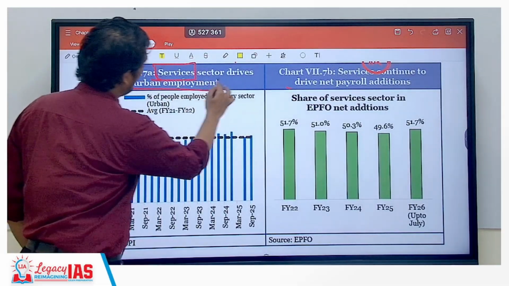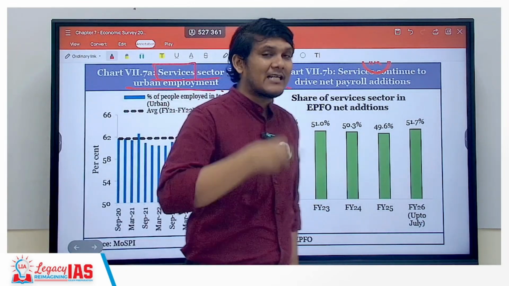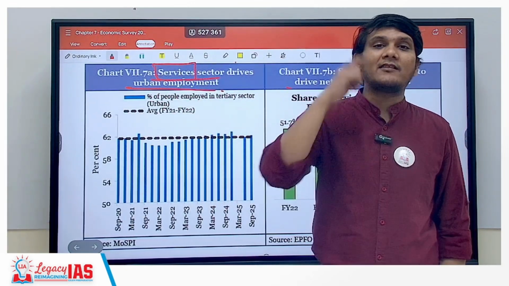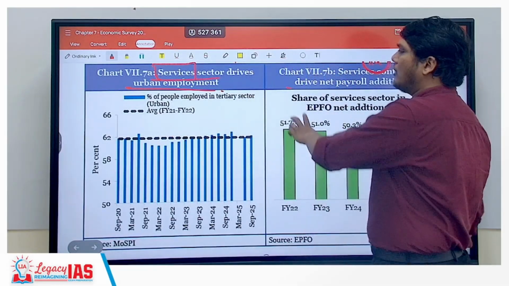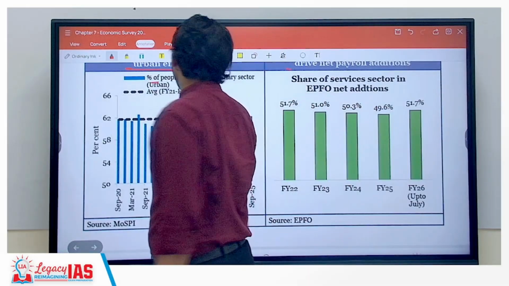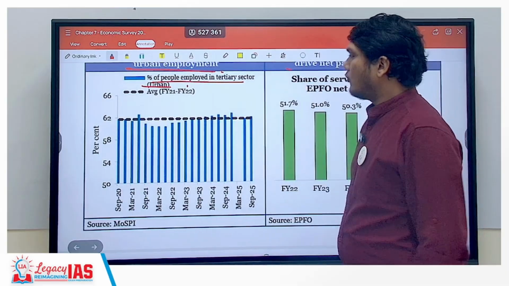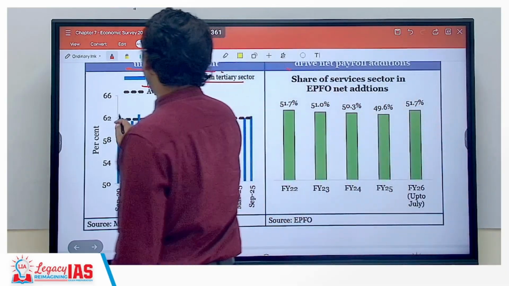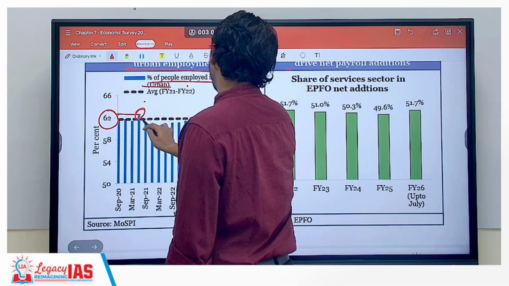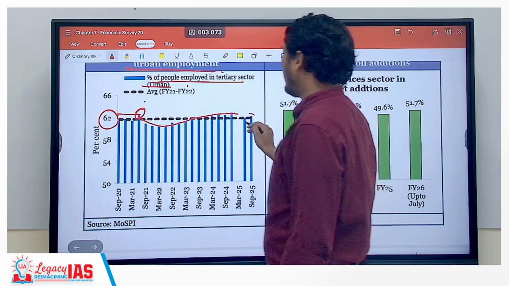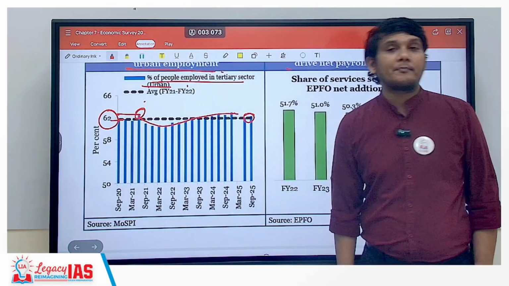Now let us have a look at this graph, which says that the service sector is driving India's urban employment. So the increase in the urban employment is due to the growth in the services sector. This is the percentage of people employed in the tertiary, that is the services sector. If you look at that, it is more than 60%. It has slightly gone down, but it rose up, and it is almost at 62% of urban people engaged